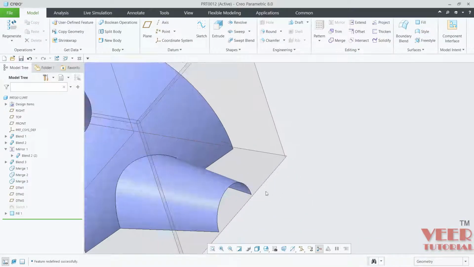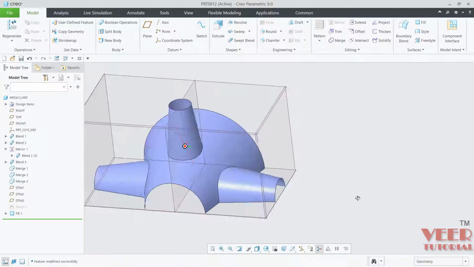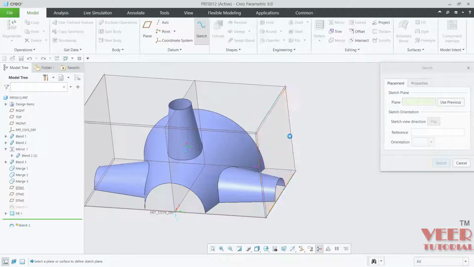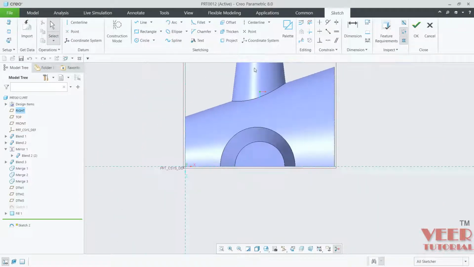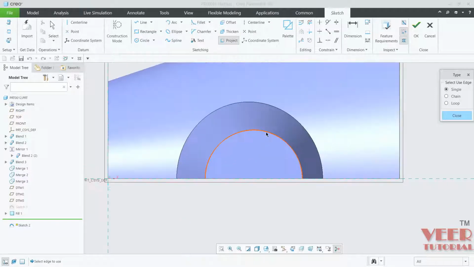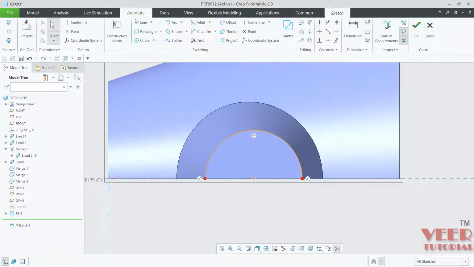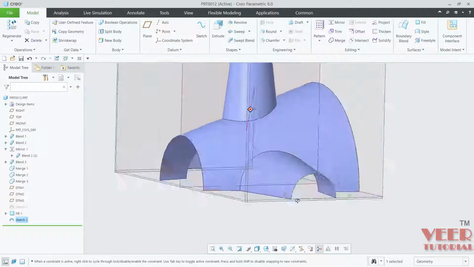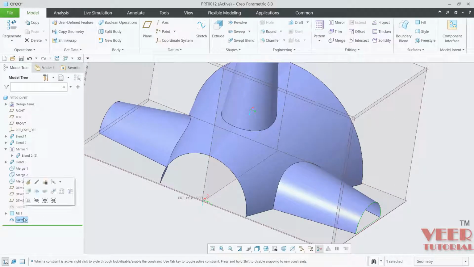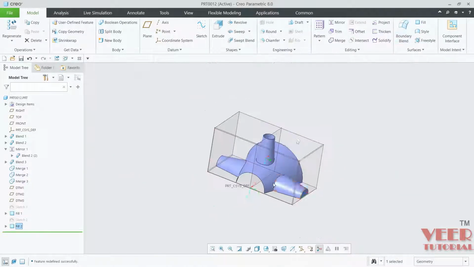Similarly, I will go to the second sketch. You can also reflect this. So I'm going to go to the second sketch, select this face, sketch, and then once again project this and then create the line. Okay, line here. Click OK. Select this sketch, go to fill.